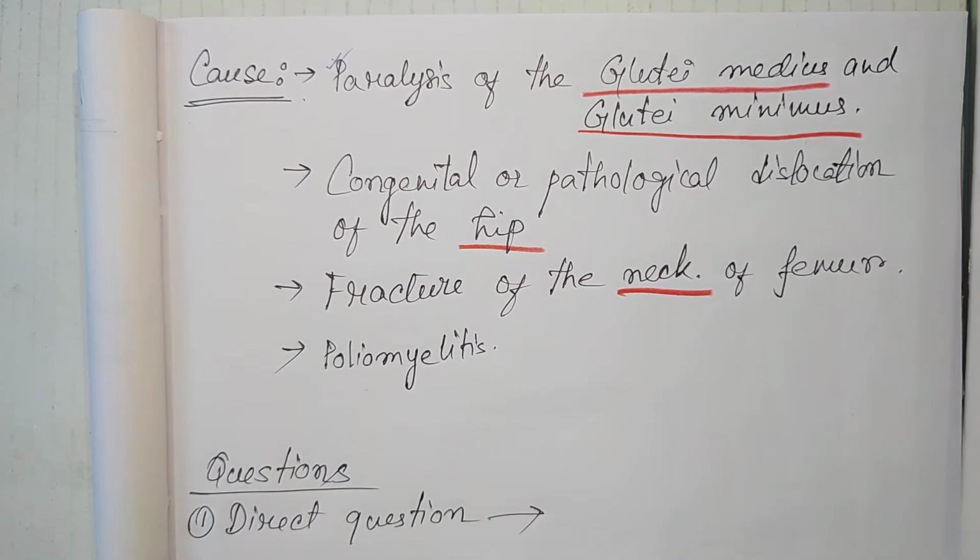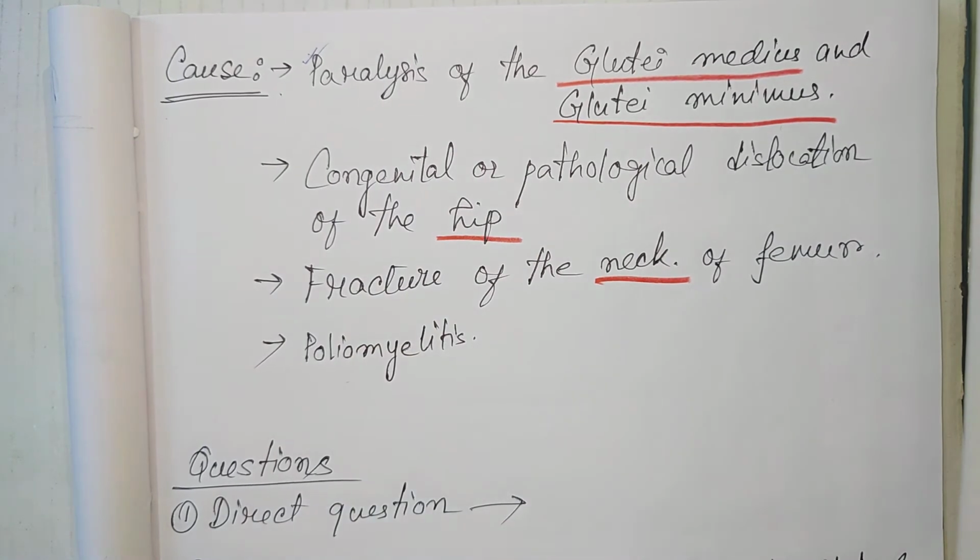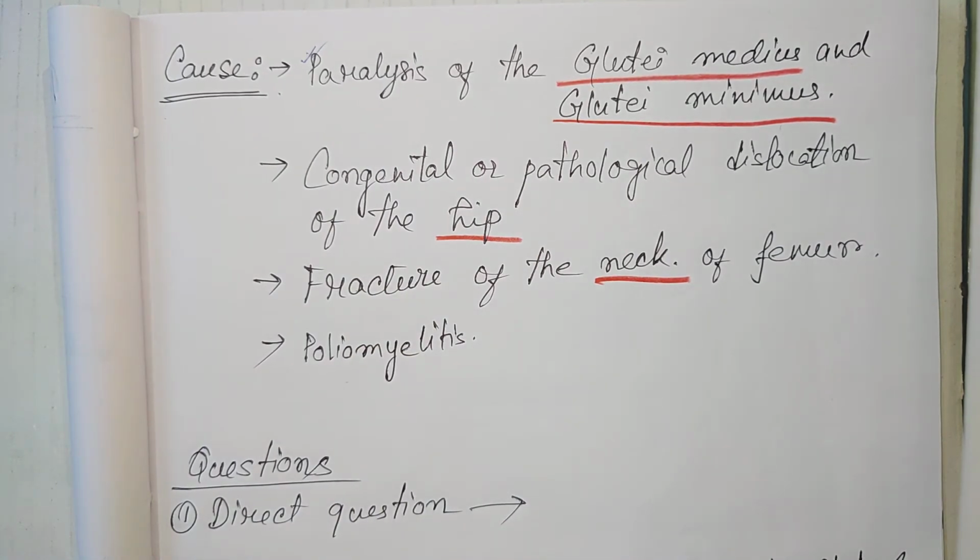So this is all about Trendelenburg's sign. Next, I will discuss with you what type of questions they give. As I have said earlier, they'll give you a direct question, like a 2 or 3 marks question. Then whatever I have said, that much if you can write, that is more than enough. And if a short note comes, you just add these points and give the diagram, and that's enough. It is very uncommon that they don't give you a short note. But if they give you, then you can do it pretty well.